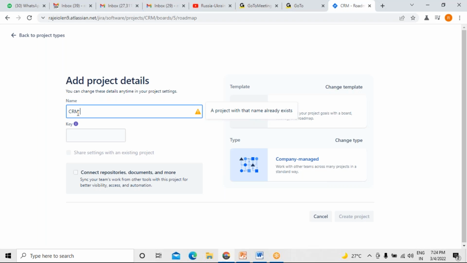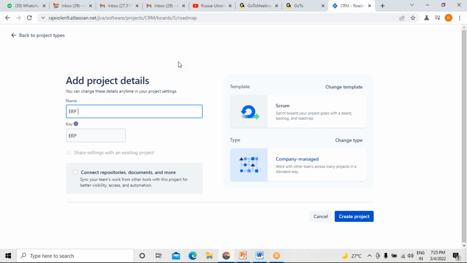Here, as I'm already a user, I already have one project by this name, using my email ID only. This is the Jira tool I'm using. So whether it's team managed or company managed, there was a project that already existed by that name. I'm just selecting it, ERP. It's showing an issue because the CRM project was already there, right? A project with the same name was there.